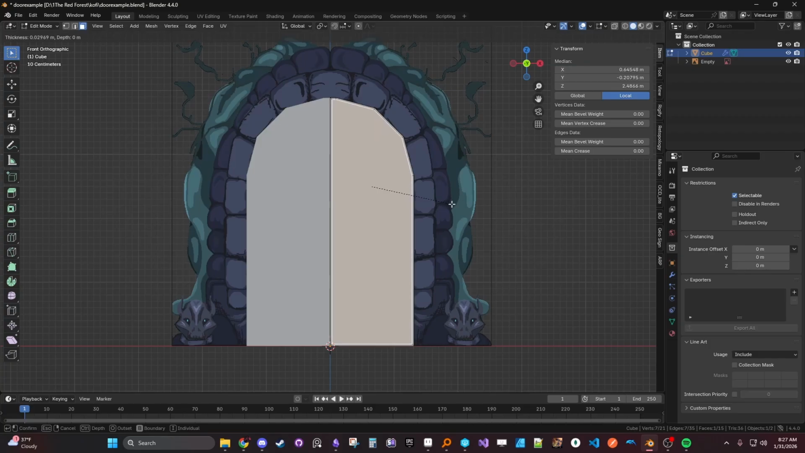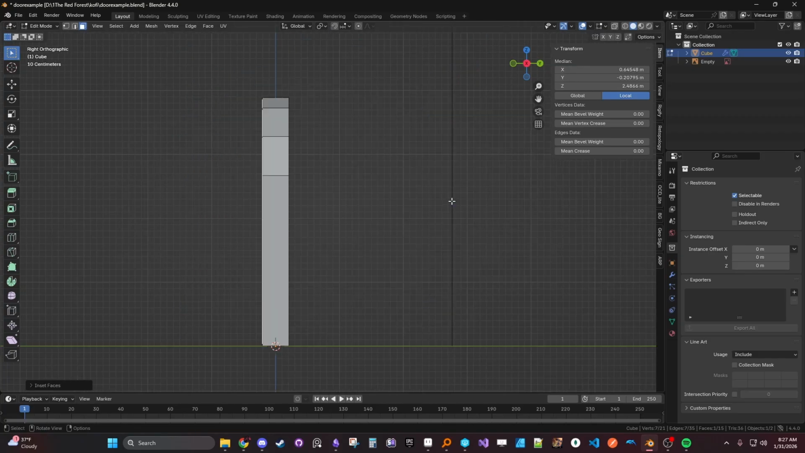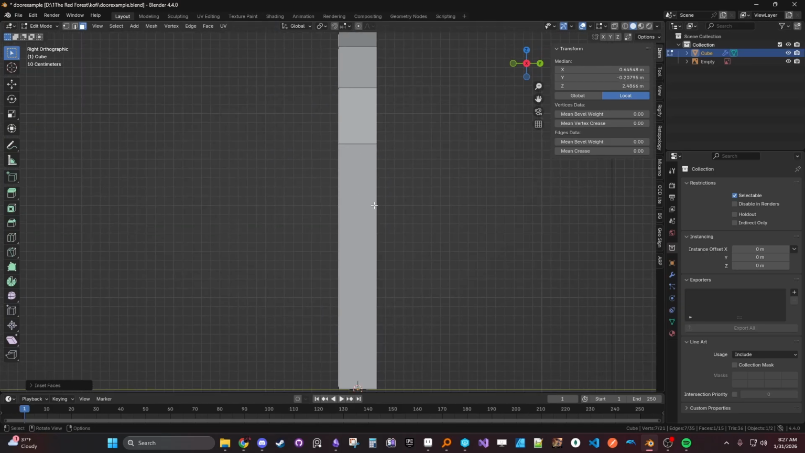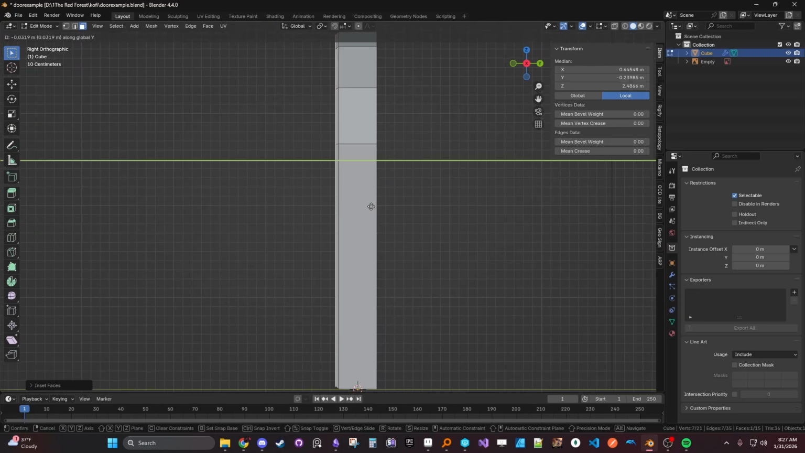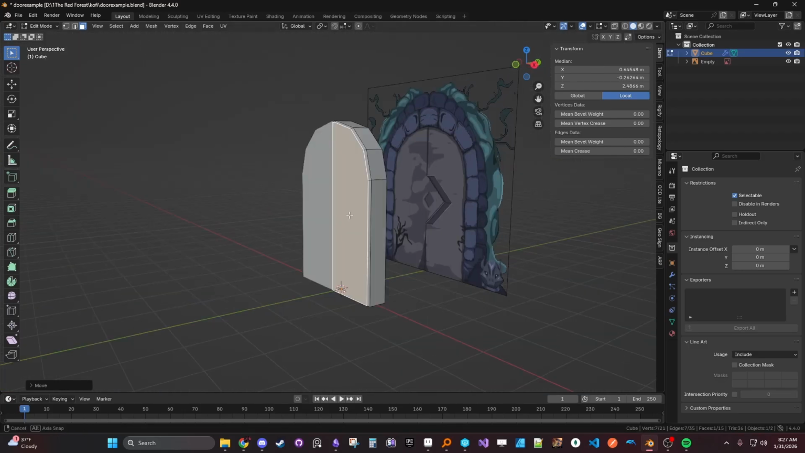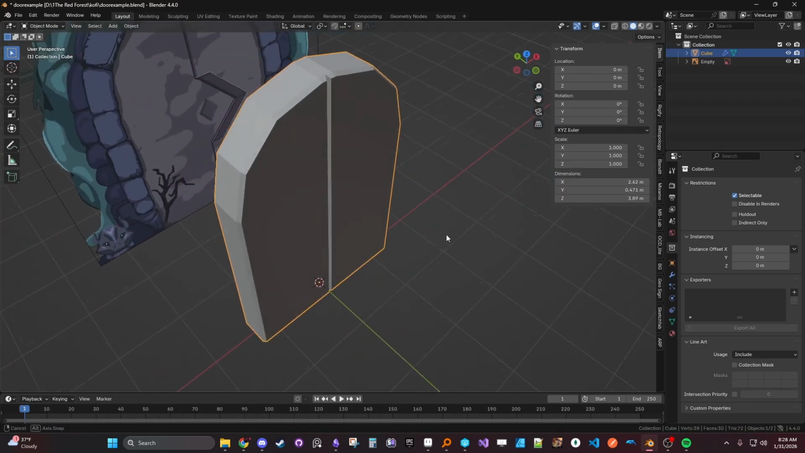So I'm just going to bring it in just a little bit, and then I'm going to push 3 so I can view it from the side, and then G and Y to move it along the y-axis, and then just bring it forward just a little bit. And so now it's kind of cool. You have this little crease,